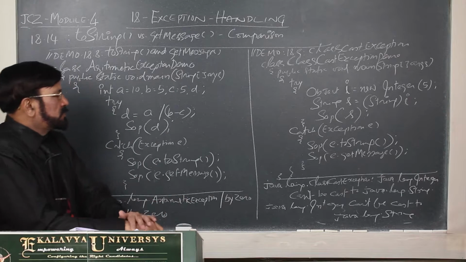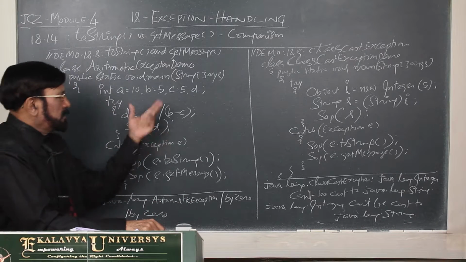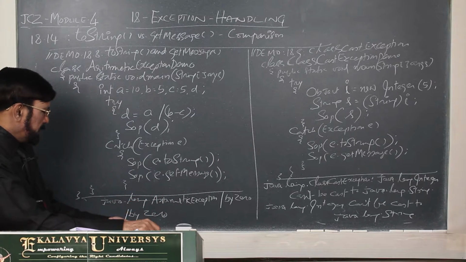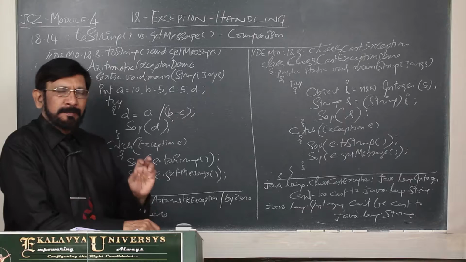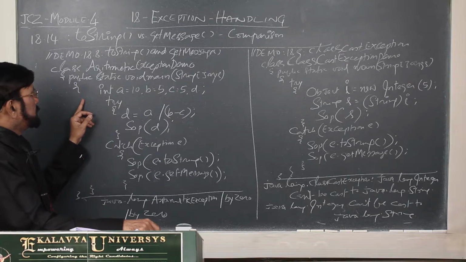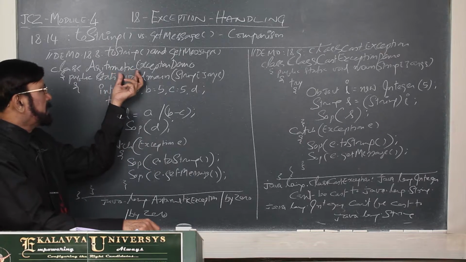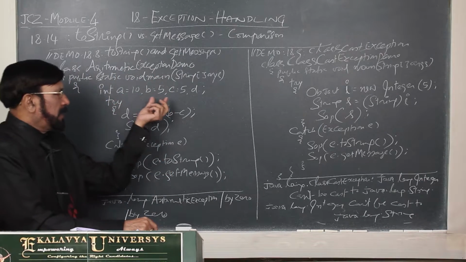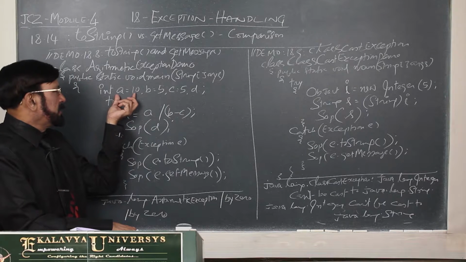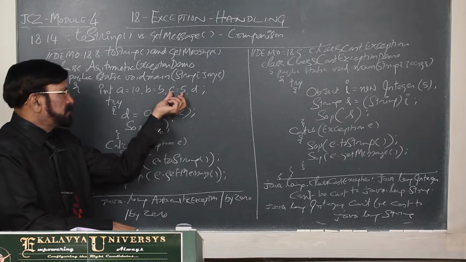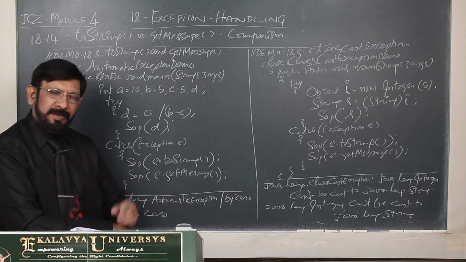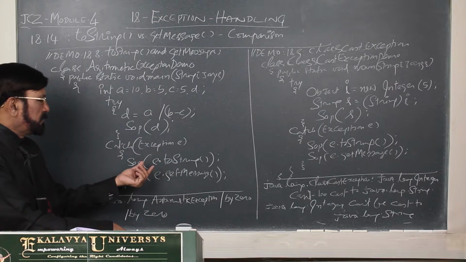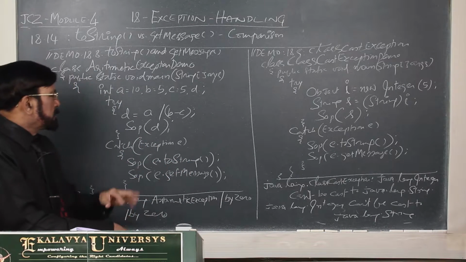Now, to demonstrate that, I am giving simple programs. Don't bother much about the program, they are known ones, but what message is being printed, you should know. That is the main focus here. Here you see I am creating an ArithmeticException demo. Actually, an exception should be created. That is why I initialized the values like that: A's value is 10, B's value is 5, C's value is 5, and D. Because an exception should be created, then only can we see the message delivered by toString or getMessage.